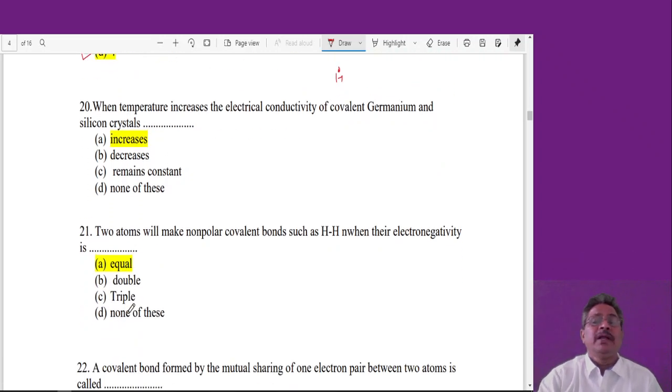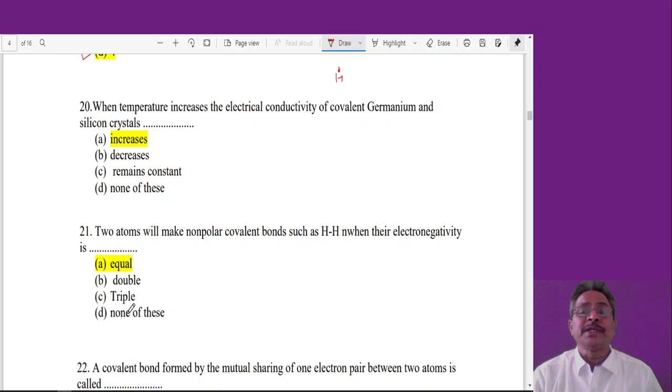Then, when temperature increases, the electrical conductivity of covalent germanium and silicon crystals. So silicon and germanium are from the same group as the carbon atom. Both also have 4 electrons in the last orbit. Now these electrons can be shared with other elements as well as other atoms of the same kind, and therefore sharing of all such 4 electrons is possible,